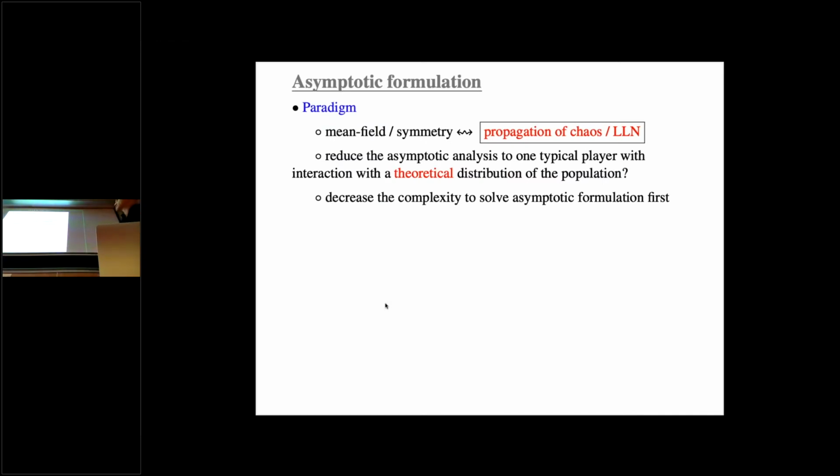Now let me give you a few words about the program. So once again, the idea is to come back to a large population and to let the number of players, or particles if you prefer, tend to infinity in this population. The reason why you do that is that you expect to benefit from the symmetry of the interaction to obtain some averaging phenomenon. And these averaging phenomena, from a statistical point of view, should be connected with a law of large numbers.